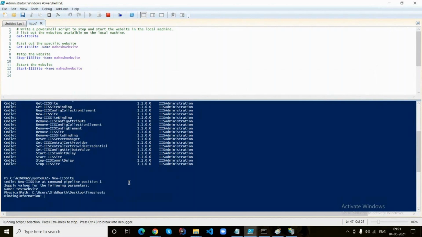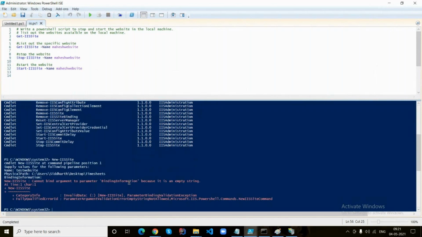Binding information. To find out the binding information, you need to pass some parameters, but you're not sure what parameters you need to pass, right? So in this case, how do we find that information? Just give empty, click on enter. So now your website is not created.